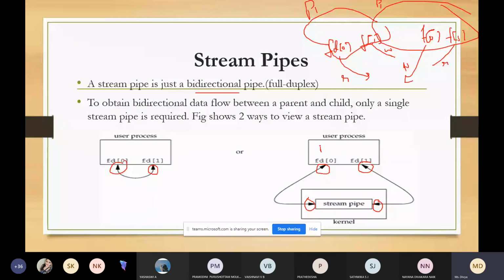This is the parent process and this is the child process. The parent process uses FD0 and the child process uses FD1. Since each end of the stream pipe is full duplex, the parent can read and write using FD0, and even the child can perform both read and write. So that is about bidirectional.